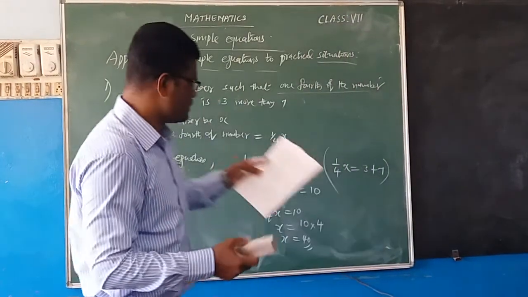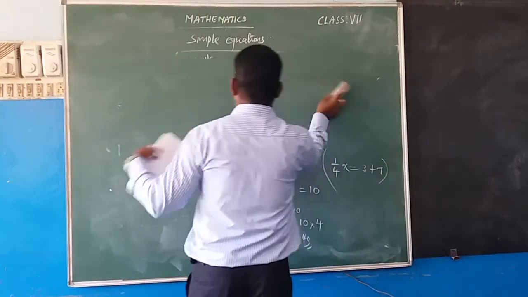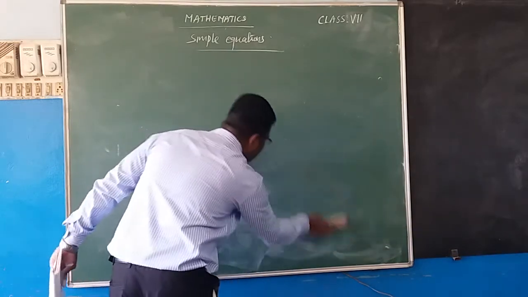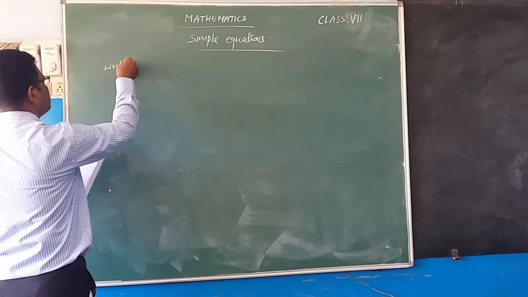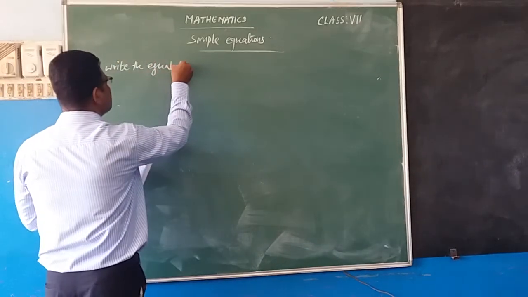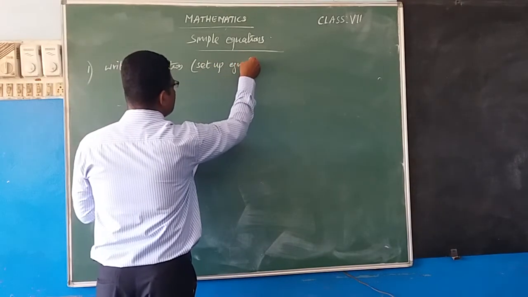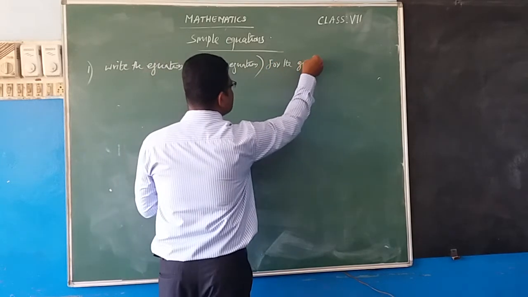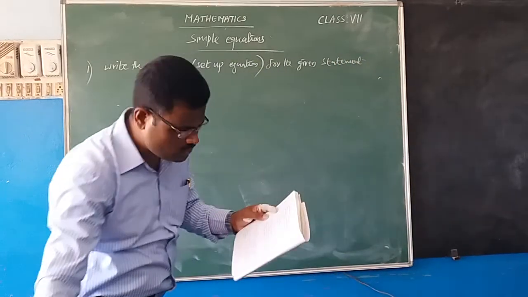So the question is like this. Write the equations. The next one. Statement will be given. For the given statement we need to write the equations. Write the equation. This question is in the textbook also: write or set up the equation for the given statement. The first one is